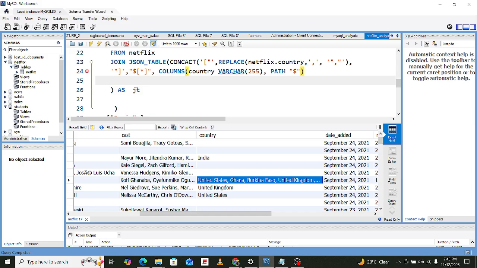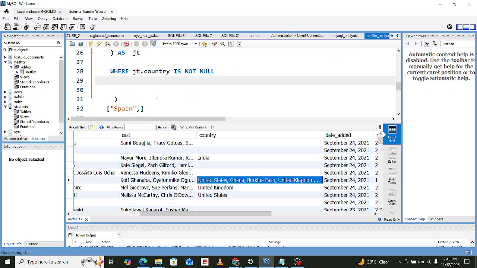Now we have the where clause, where JT.country is not null. We want to group this by, I think you can just now delete this because we don't need it.